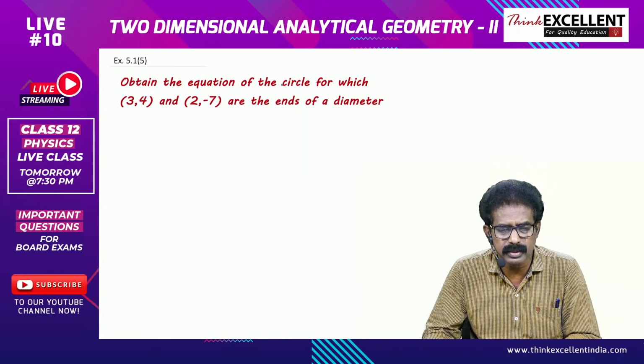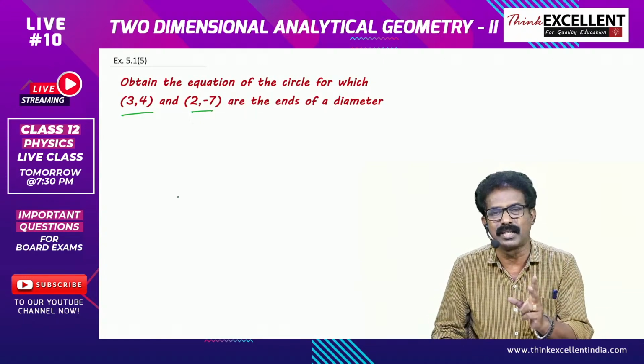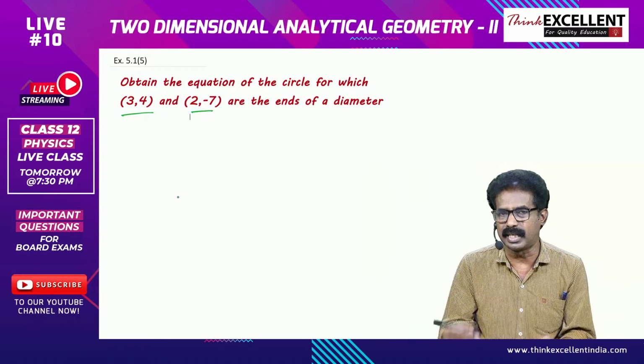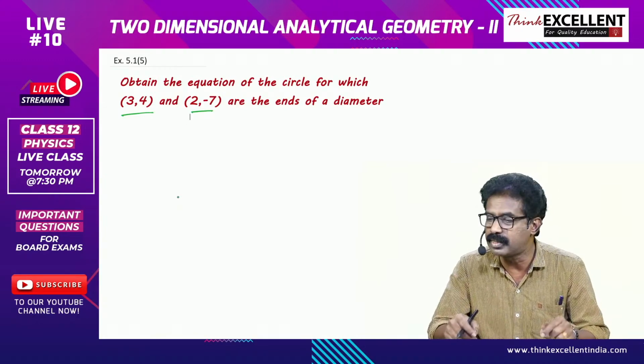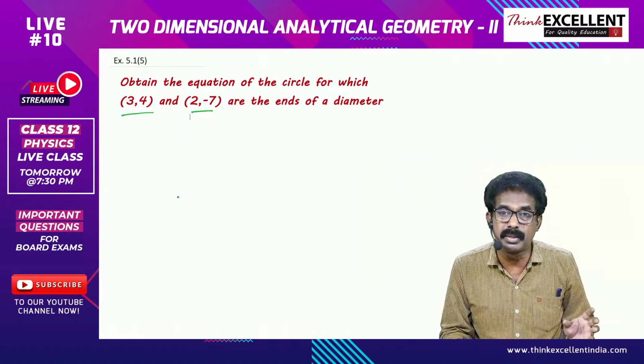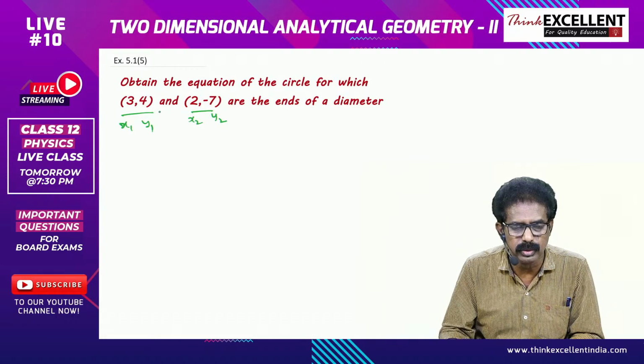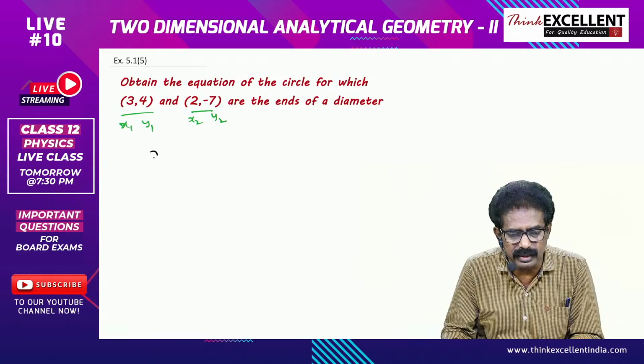Obtain the equation of the circle for which (3, 4) and (2, minus 7) are the ends of a diameter, right? So two types I said. One, they give the center and radius; another one, they give the end points of the diameter. Here the end points of the diameter, or extremities of the diameter, are given. So you take the points as x1 y1 and the second one as x2 y2. So the equation of the circle is